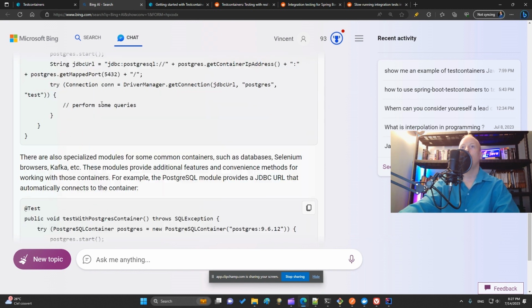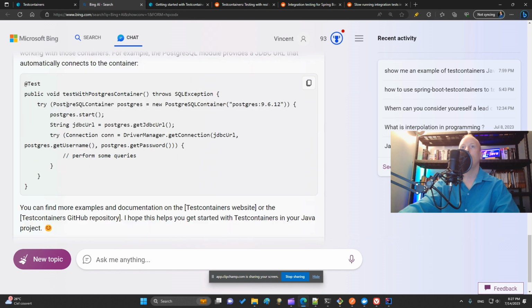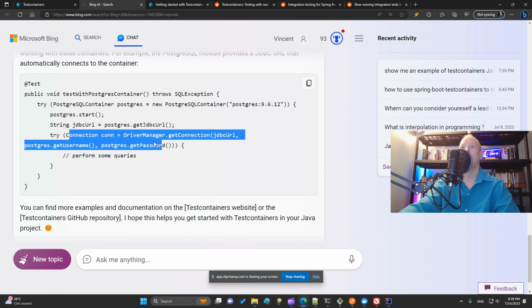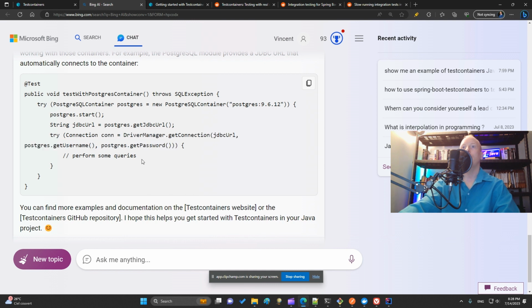Then it gives the first example, which does not interest me, but this one interests me. You put the @Test annotation from JUnit, and then you define your resource from your container, thanks to this class that will bind your code to the database provided in the container. Then you start your container database, get the URL from this class that is bound to this database, and then you can connect to the database and do whatever you want: select, delete, insert, update.